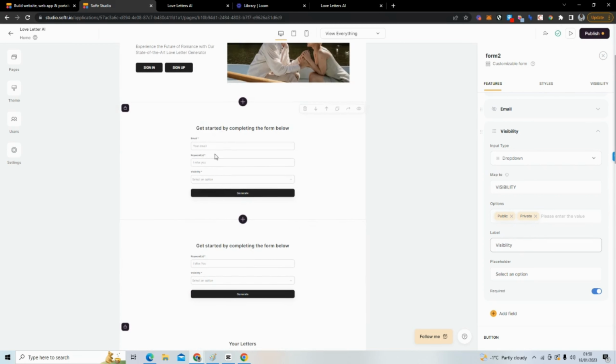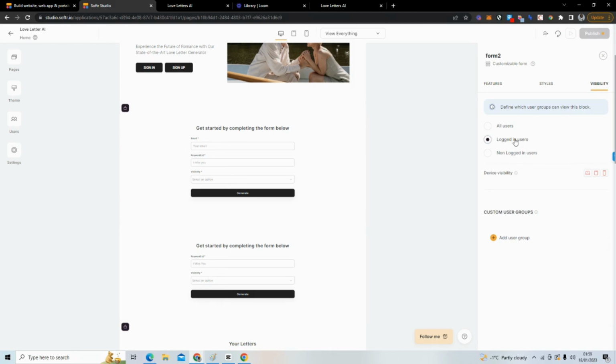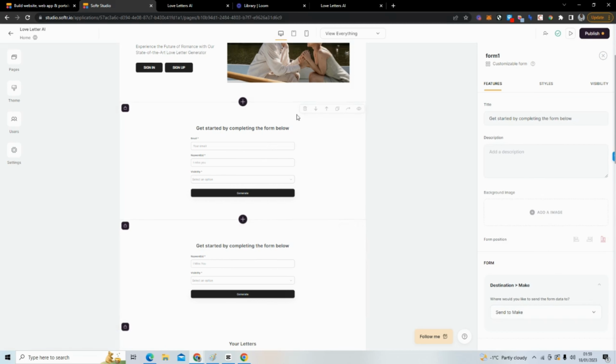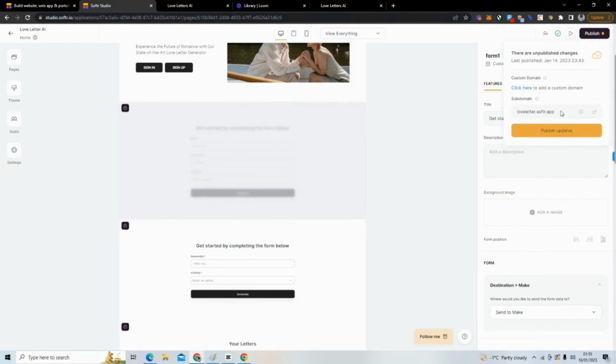What I also have here, this form can only be accessible to logged in users. So I'm going to change the visibility to only be accessible to logged in users here. Now that's accessible to logged in users. This is perfect. So we have everything we need. I can actually remove this form, but I'm going to actually keep it. I'm just going to disable the block. So you won't be able to see this now. So now when I click publish